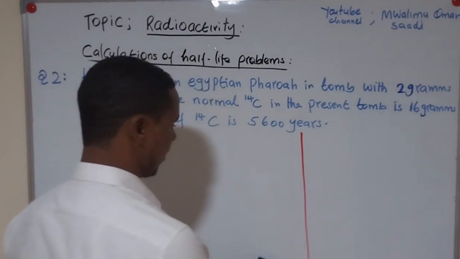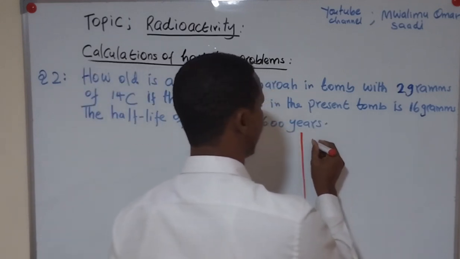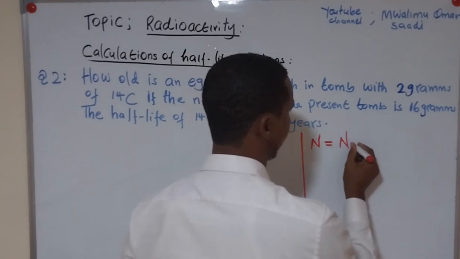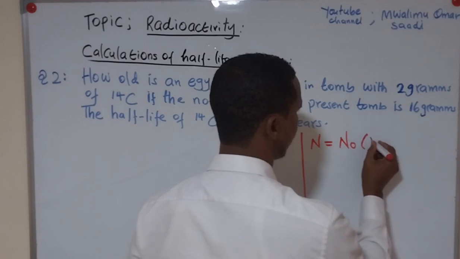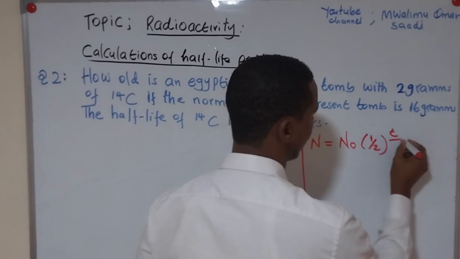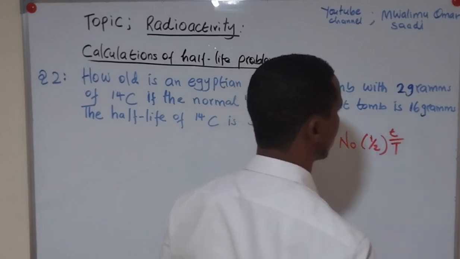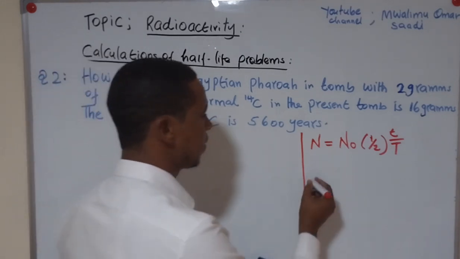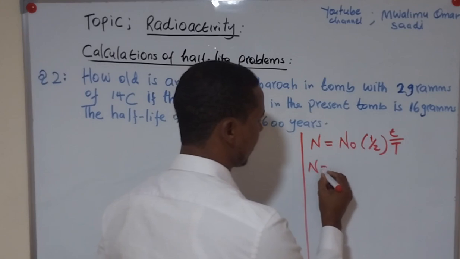question. And the equation is N is equal to N0, I mean, N0 times half, power small t over capital T. So N is